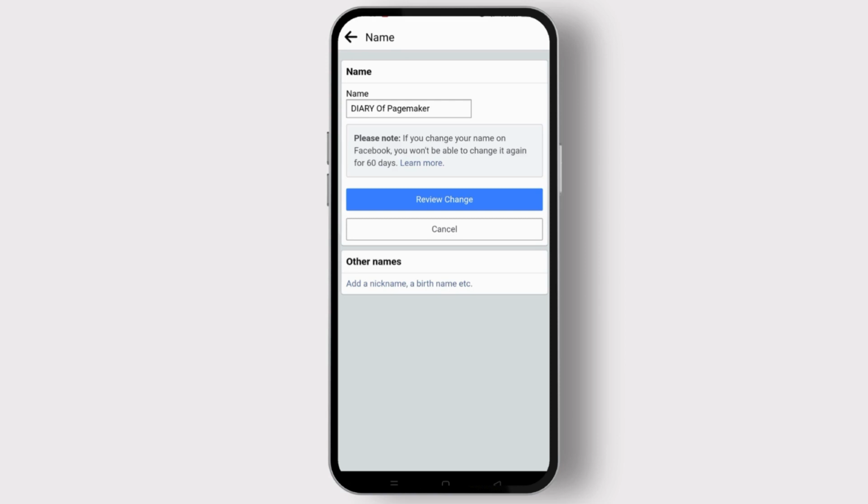You can also add a nickname or birth name, etc. at other names, which is at the bottom. So that's how we easily change the Facebook page name, but you will only be able to change it again